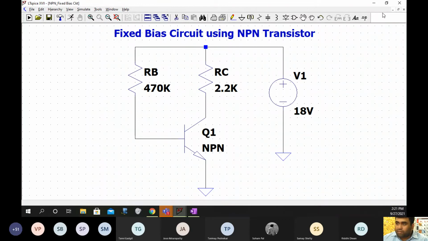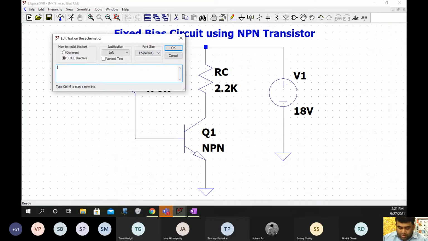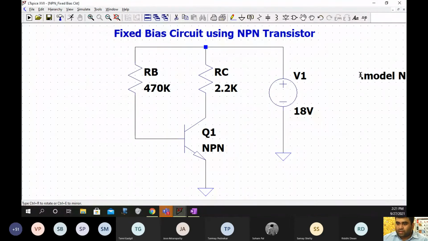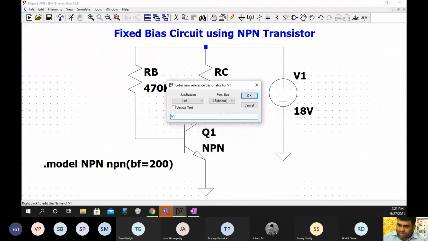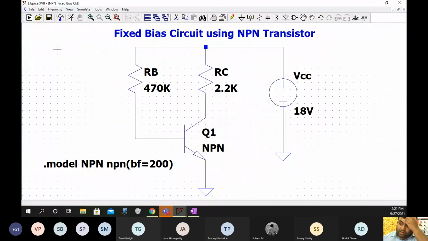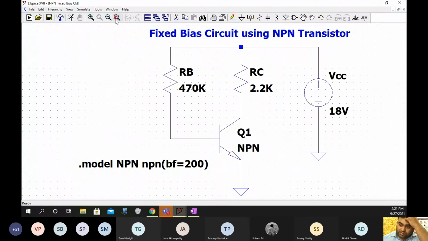And now we will write a command here, that is .model, NPN transistor with a beta factor of 100 to begin with, something like this. So please draw like this, and then we will simulate this thing together. First post your outputs in the chat box.